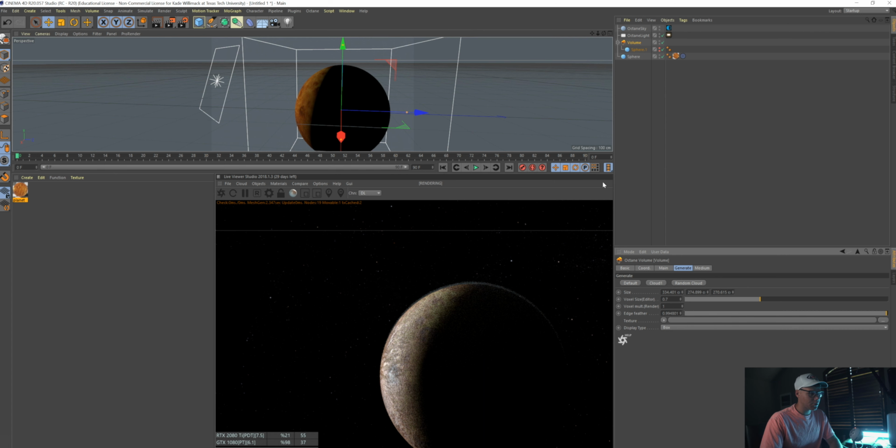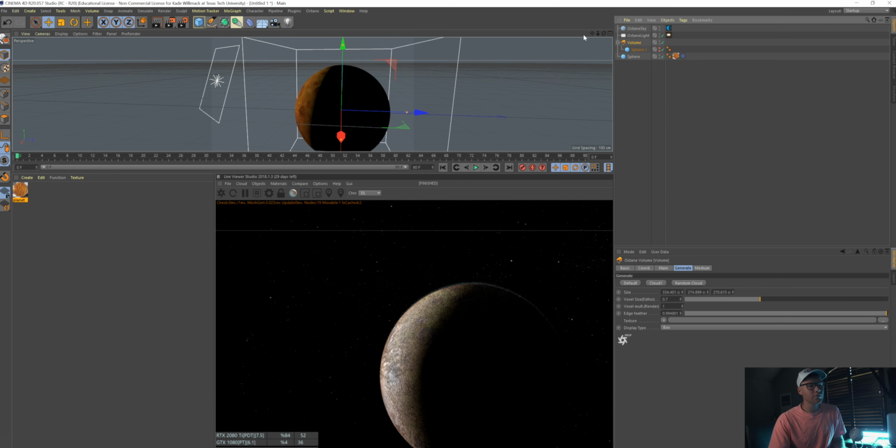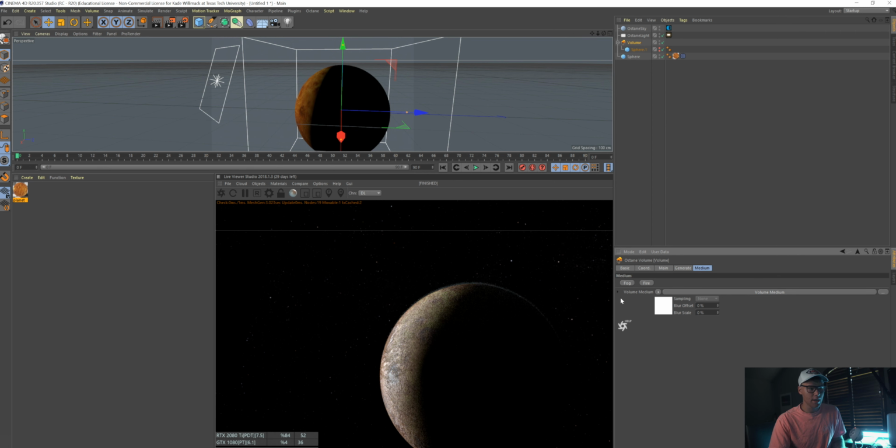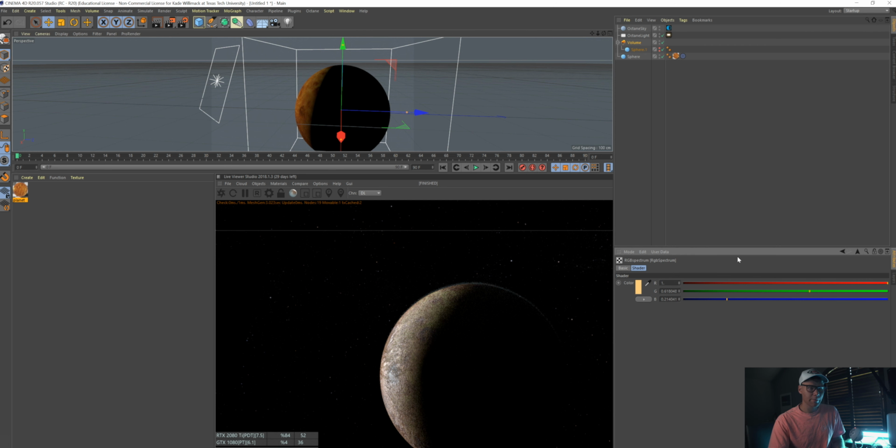And getting this atmosphere right will be a little tough, especially because it's gonna be so daggum slow. So now let's go over to volume again and go to medium and then click volume medium. So we're gonna wanna go to absorption and change that from a gray color to a kind of dirty orange almost. Turn that all the way up and turn the saturation down just a snag, probably something right there. And then we'll go back